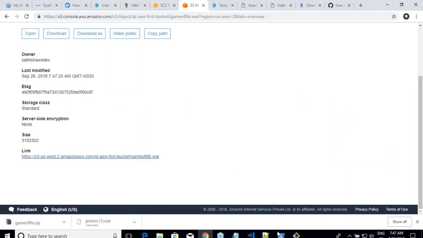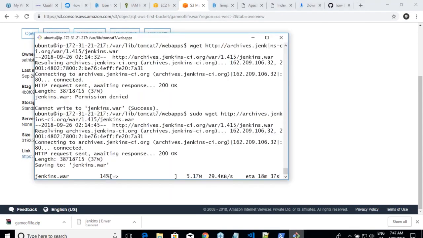So now let me do sudo wget. Done. Yes, let me do ls.